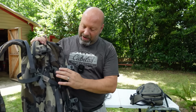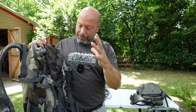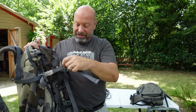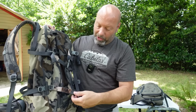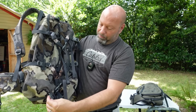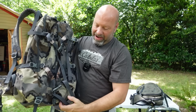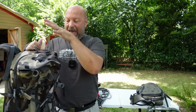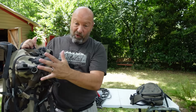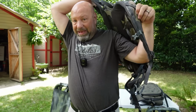Then the rest of it gets strapped right out here to the other side in a pillowcase, okay? The pillowcases are big enough that I can put that on here, tie it in a knot, cinch it down with these compression straps really good, and it holds and does well. If I need more, I can pop these bottom ones and pull that clip off and connect that clip to here to create kind of 2 straps on the bottom to help hold that load from coming down. So I have half a pillowcase of meat inside, a full pillowcase of meat on the outside, and then if there's still more meat,